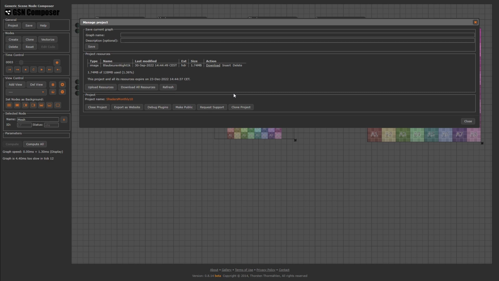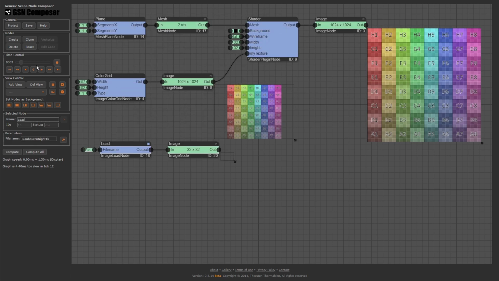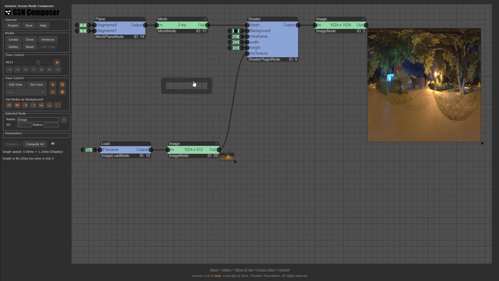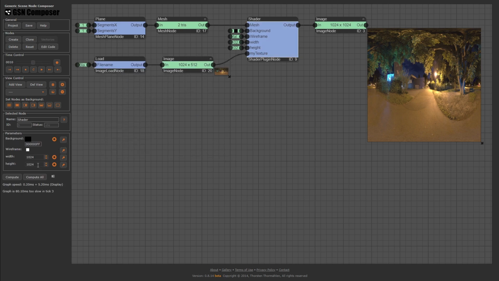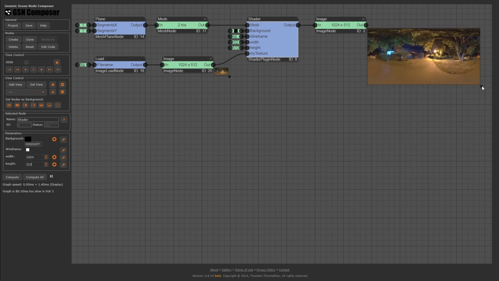Once the image is uploaded, we can press Insert here. Now we connect the new image with the My Texture slot of the shader. Next, we set the size of the shader output to 1024 by 512 to match the aspect ratio of the input image. Let's have a look at the shader code.